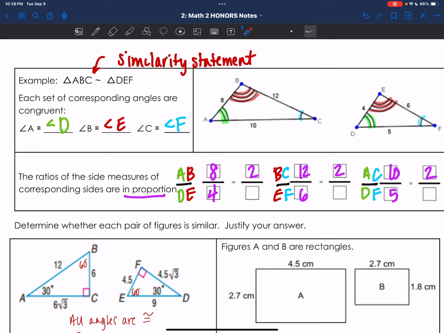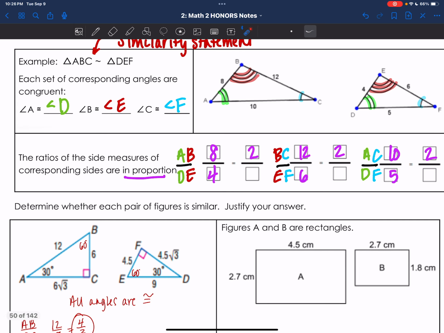Order matters. So I know angles A and D are congruent, B and E are congruent, and then C and F are congruent. So each set of corresponding angles are congruent, so we are good here. Now we need to figure out, is this proportional? So what we need to do is look at your corresponding sides,